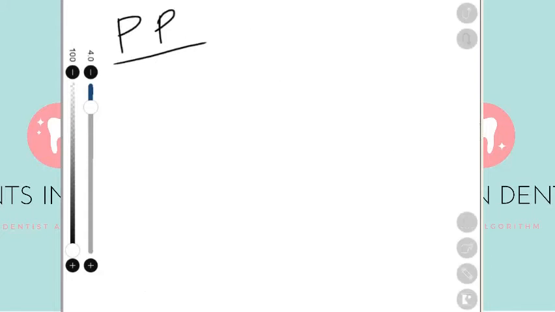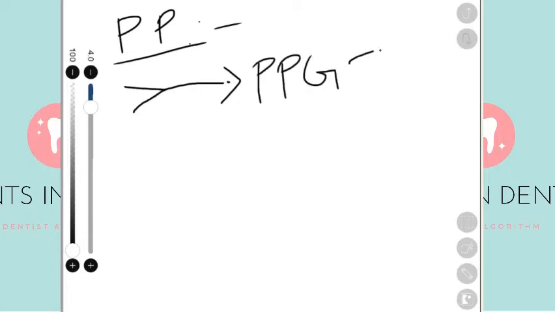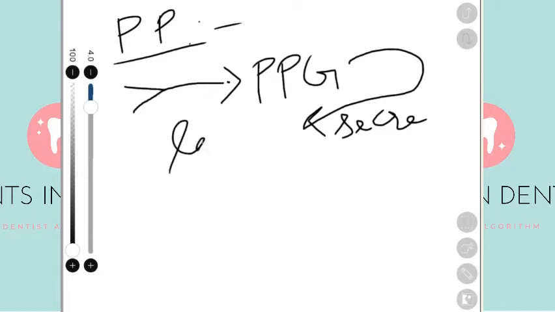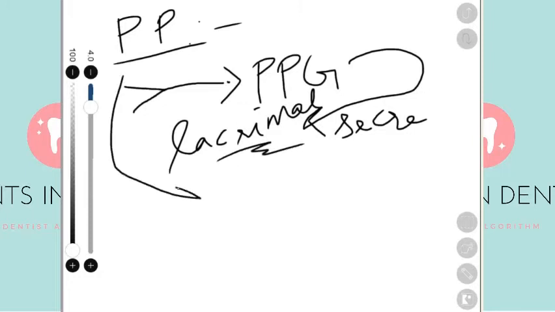So next is the pterygopalatine branches. It arises as two trunks and then it joins and relays in a ganglion called the pterygopalatine ganglion. From this ganglion, the postganglionic fibers will carry the secretomotor fibers to the lacrimal gland. The lacrimal gland is the tear gland, so it is responsible for your tear secretion, and also it gives many branches and supplies the following four parts. They are the orbit, the nasal cavity, the palate, and the pharynx.